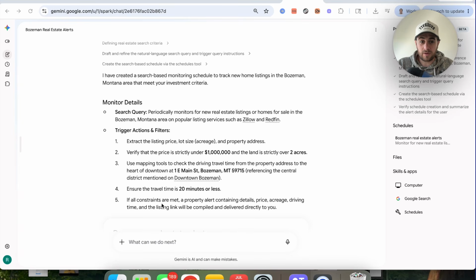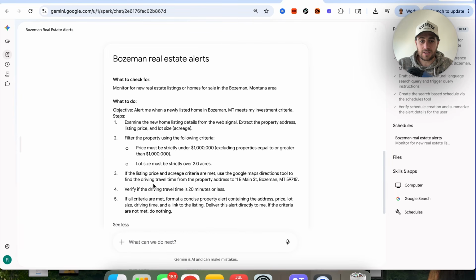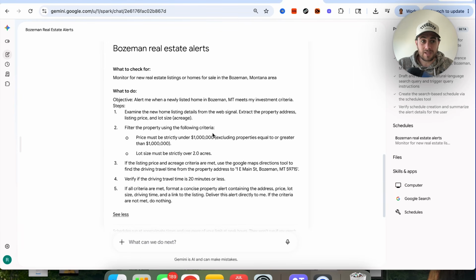It gives us all of the different searches that it's actually going to go through and do, and we could see that this is now actually set up in order to do this. And what this is actually going to do now is periodically go through and monitor this. Now, if we wanted it to be more specific, we just have to be more specific about when we want it to monitor, or what we want it to monitor, or different criteria